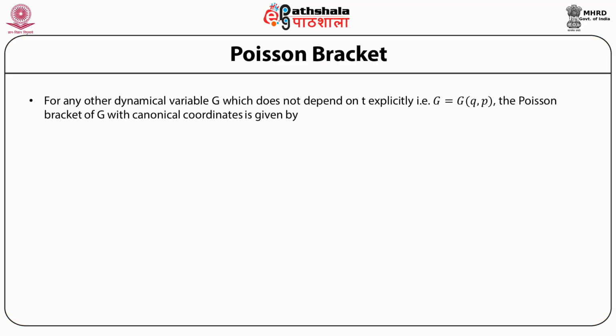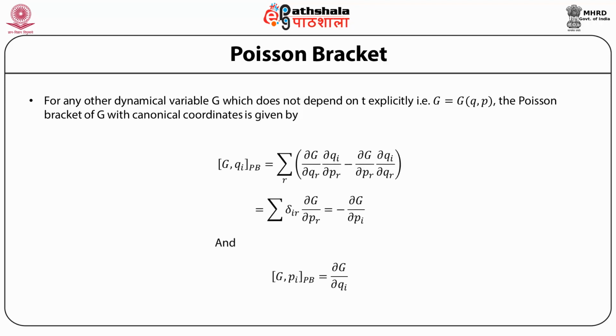For any other dynamical variable g which does not depend on time explicitly, that is, if the dynamical variable g is a function only of the coordinates and conjugate momenta, the Poisson bracket of g with the canonical coordinates, that is, the Poisson bracket of g with the coordinate qi, can be easily seen to be equal to delta ir times the partial derivative of g with respect to pr, which is equal to minus the partial derivative of g with respect to pi, because one of the terms, dg by dqi,